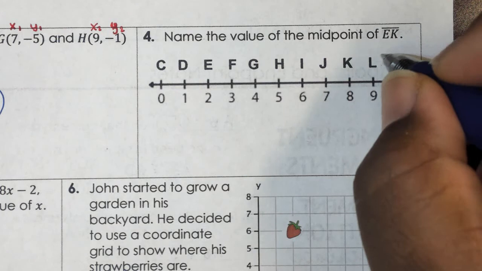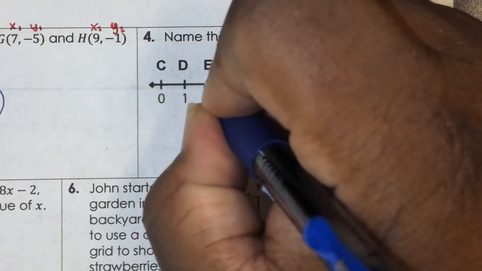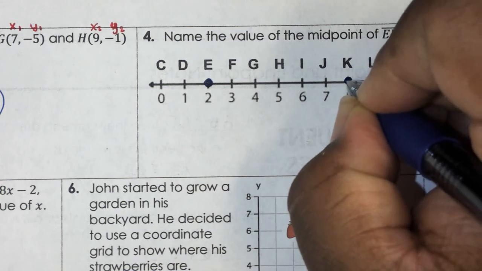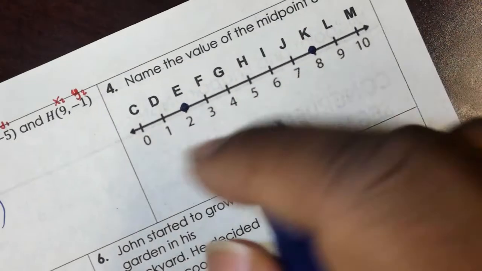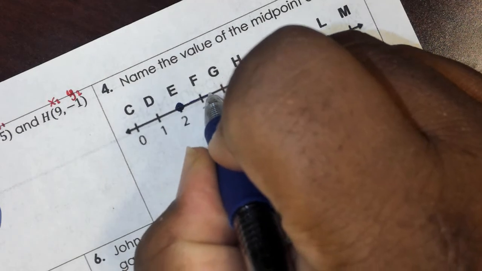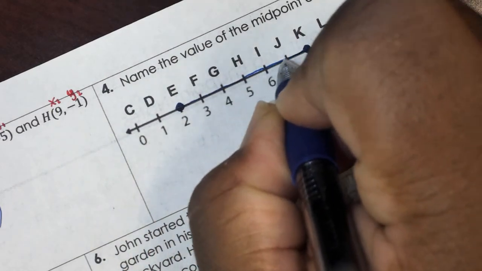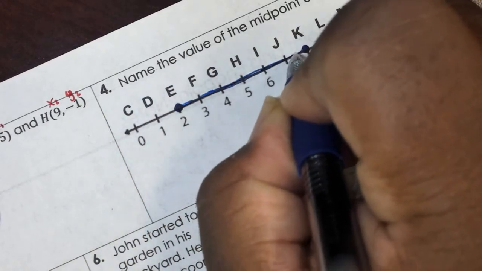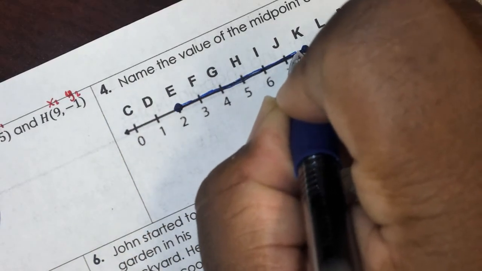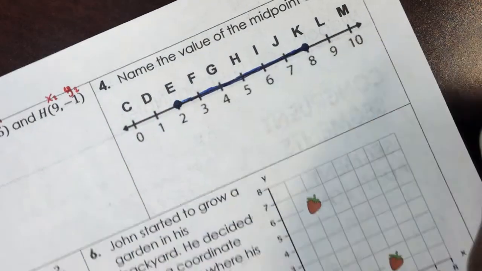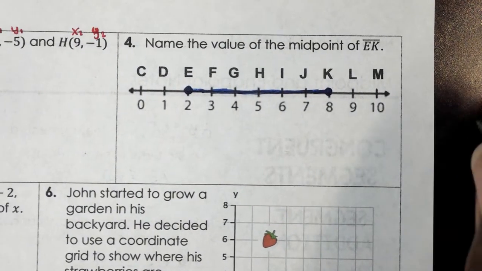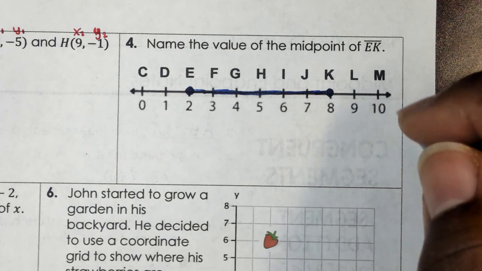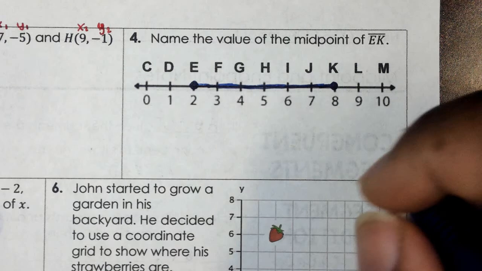So they want to know the midpoint of segment EK. First thing you want to do is put your segment on the graph. E and K. My segment is going to be from here to here. Let me just bold the line a little bit. They want to know the midpoint of that. Now on this one, I know you can easily probably just look and see what your midpoint is. But if you had to do it mathematically, even if it's simple midpoint,